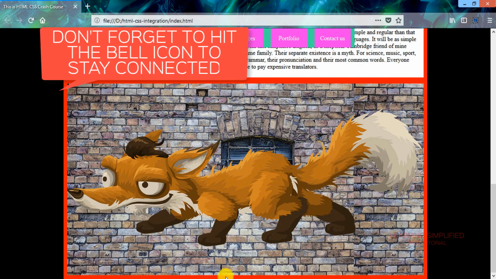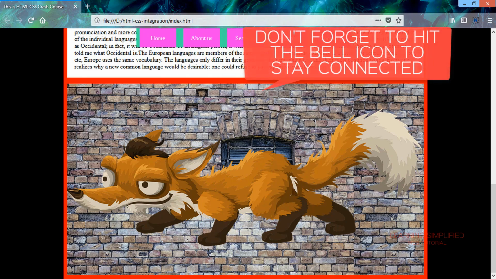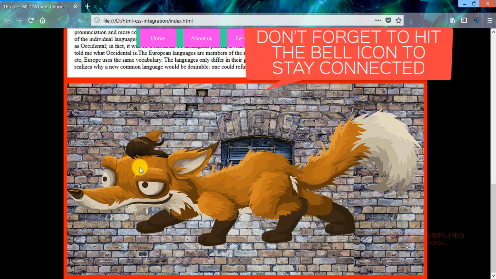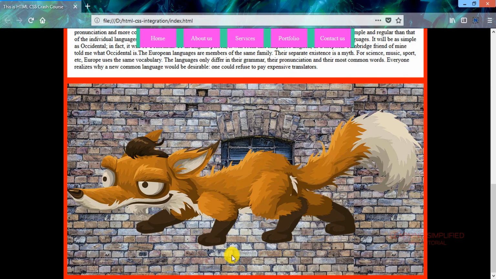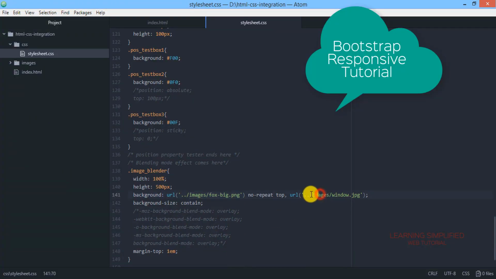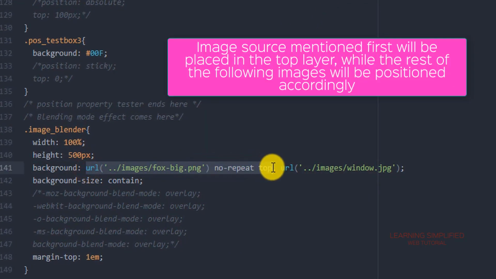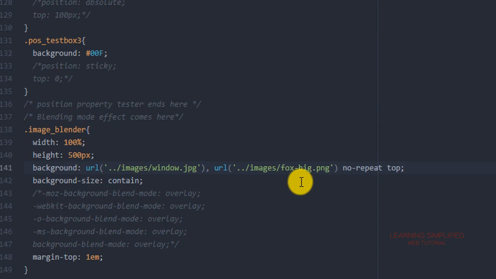On the other hand, I would like to mention that we have provided this foxbig.png in the very first situation, that is why it is lying above, and in the second condition we are providing this image window.jpg. But what if we now reverse these things, like if we want to place this fox image at the bottom, then we have to mention it in the second case.